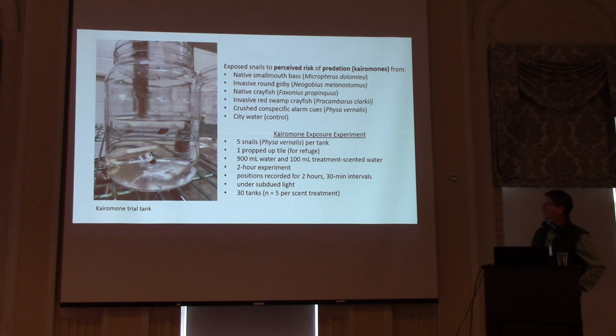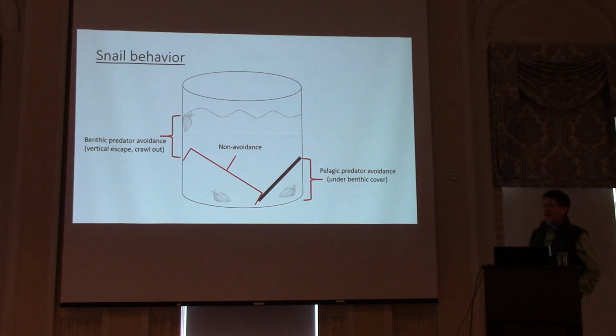So it's a 2-hour trial. They get quantified for their response to the scents every 15 minutes and then every 30 minutes. The way that's set up, it's a small tank, and a 10% kairomone solution is administered, and then you begin to watch the snail behavior. And they do some distinct things that we recognize. They crawl up the side of the tank, or in the mesocosms, you'll see they crawl up the vegetation, for example, or the side of the tank.